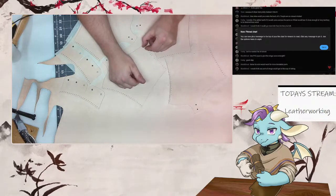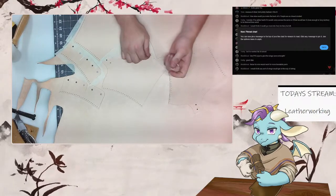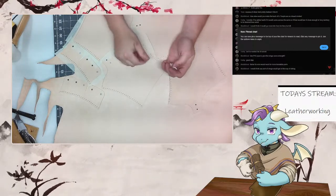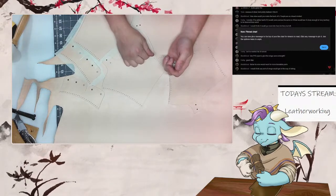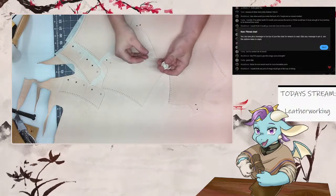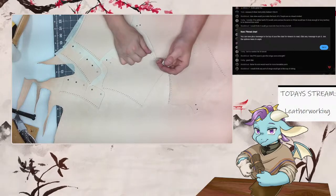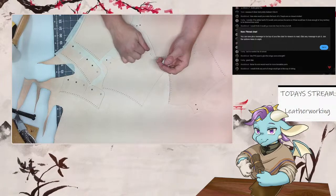I'd like to finish cutting these pieces and then maybe move to the next step if possible. Ideally, I'm not going to show the dyeing process. Maybe I will for wax or paints, because that dye has no fumes. Wood dye, oh, it stinks. It stinks something awful. I cannot show that process, but basically I use a giant aluminum dog bowl and I